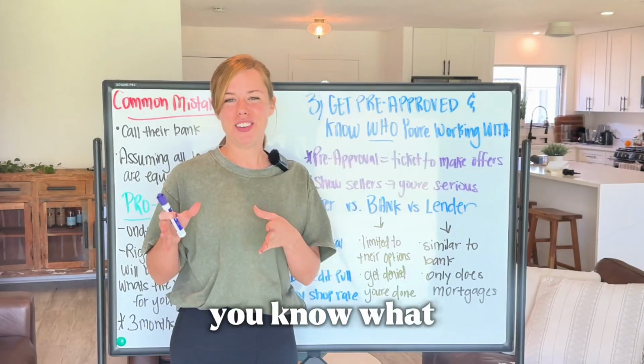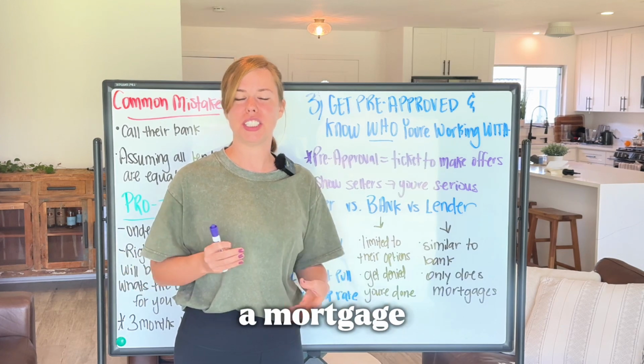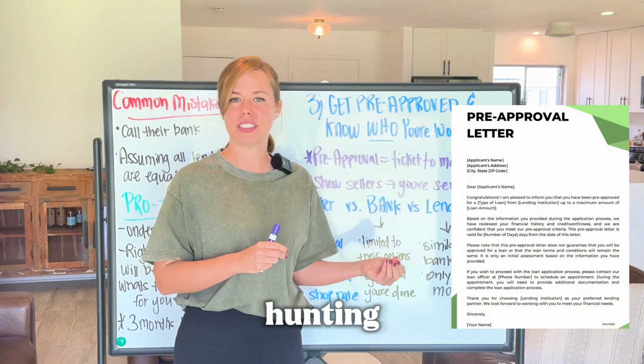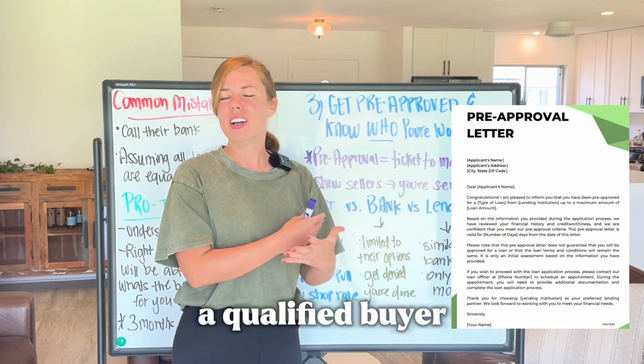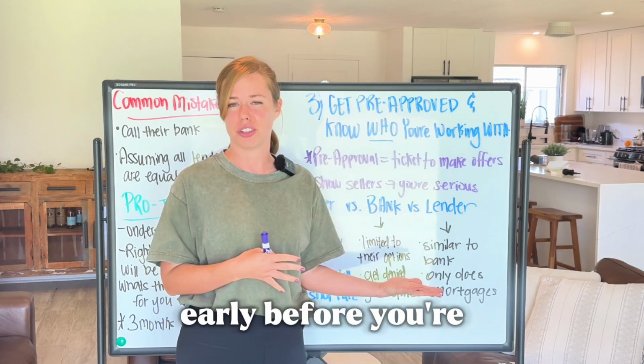So now that you know what you can comfortably afford, it's time to get officially pre-approved for a mortgage. A pre-approval isn't just a suggestion, it's actually your ticket to house hunting, because it shows sellers that you're ready and that you're a qualified buyer. It also gives you a real price range to shop within, and it helps catch any issues early before you're